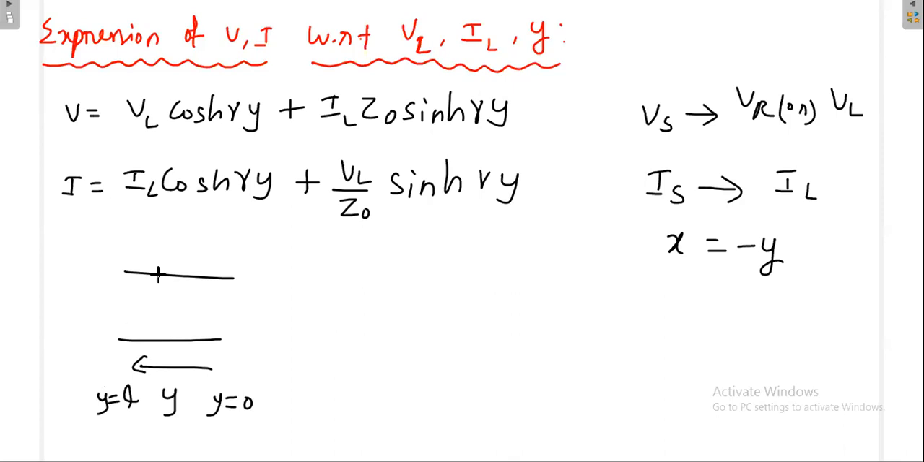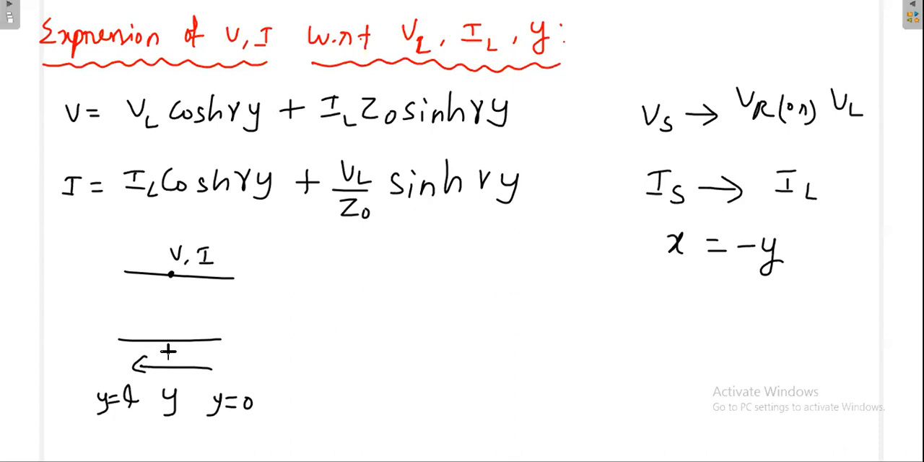Or you can be anywhere on the transmission line. Then your Y can be anything in between 0 and L. Then you substitute this value here. Then you can know what is the voltage and current anywhere on the transmission line. Then once we know the voltage and current anywhere on the transmission line, you can find out the